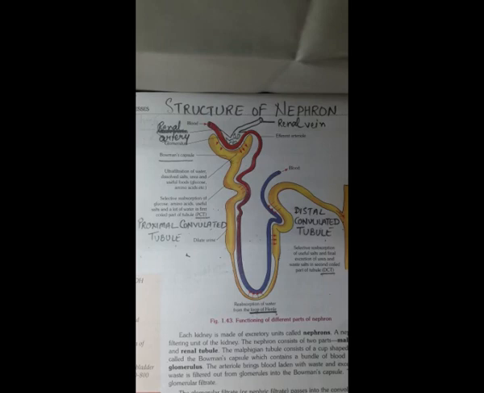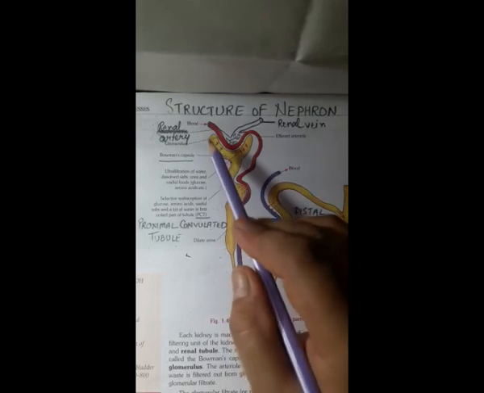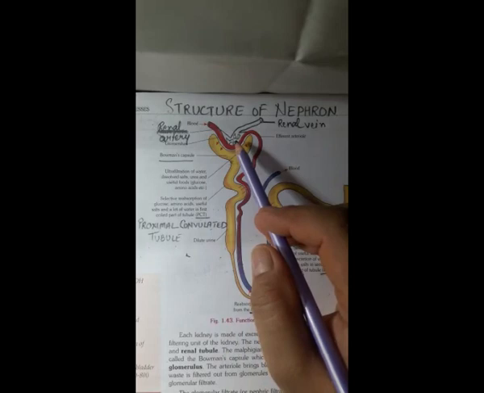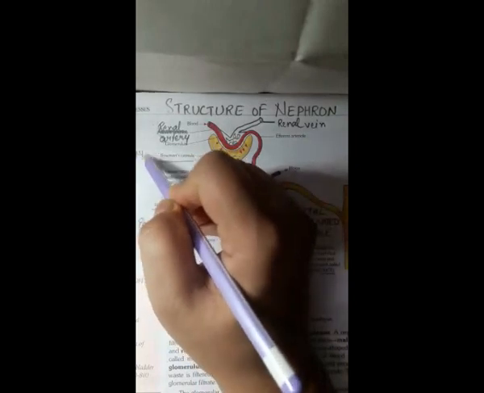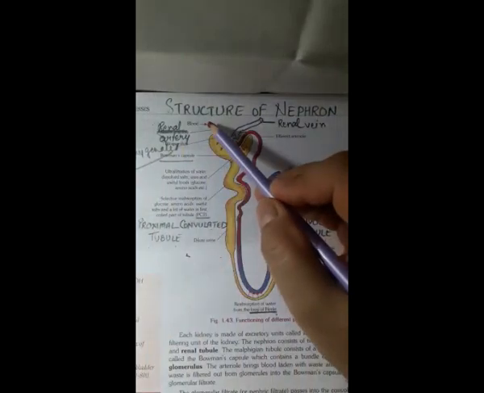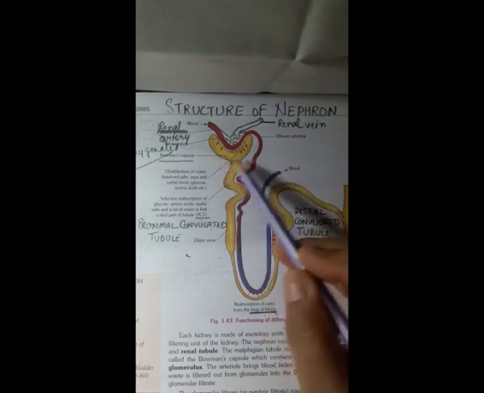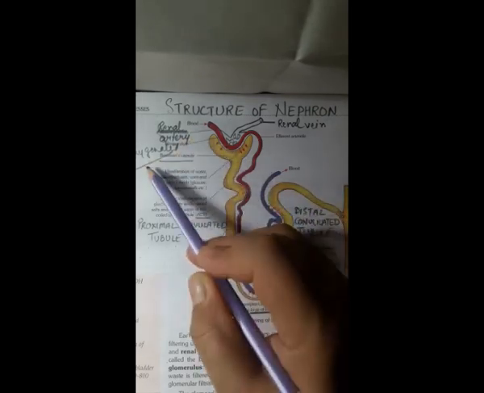So dear children, let's understand how this nephron works, the working of the nephron. Okay? So first we have to understand what kind of blood is to be filtered by the kidney. Is it deoxygenated or oxygenated? It is the oxygenated blood which the kidney has to filter, right? This oxygenated blood is poured into these nephrons with the help of the renal artery. Renal artery brings the oxygenated blood.